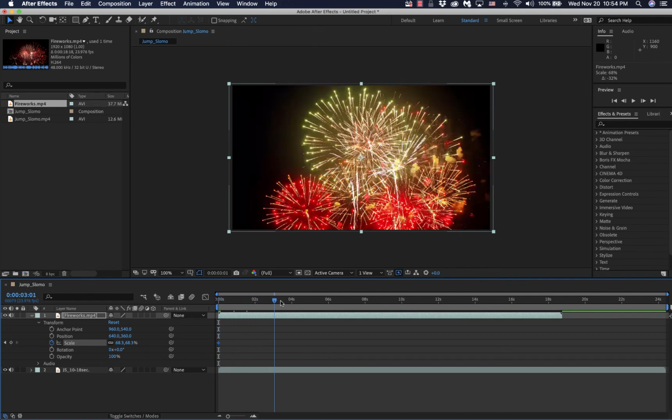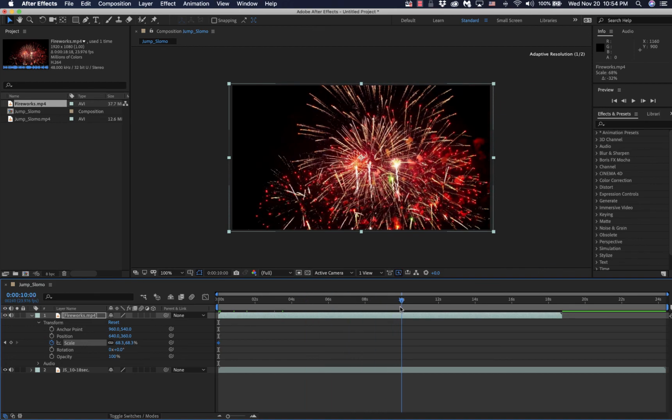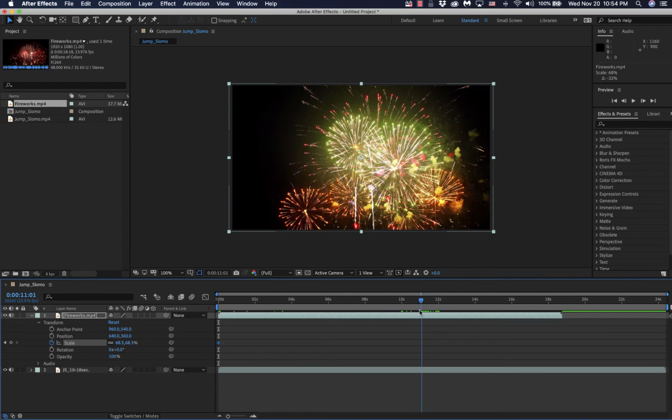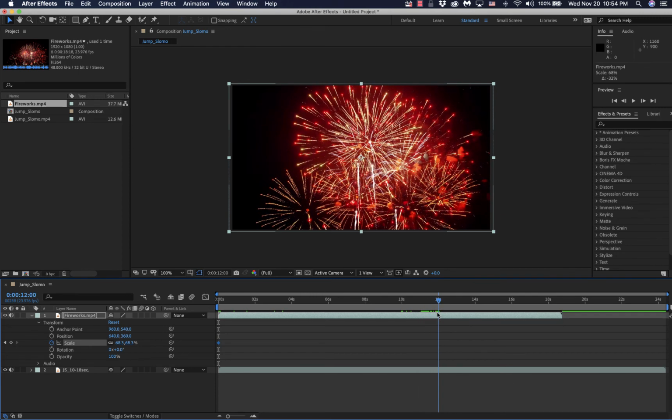I wanted to play for 12 seconds and fade out all the way by the 12-second mark. So let's shorten the video, putting my timeline indicator on the 12-second mark, grabbing this edge of the video and sliding it down. Hold down the shift key, snap,